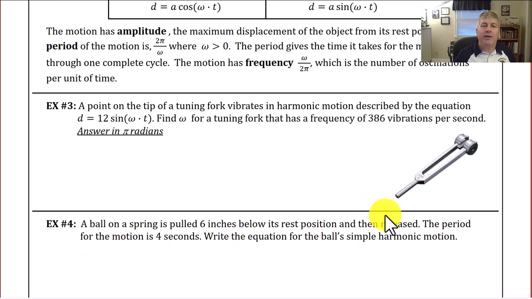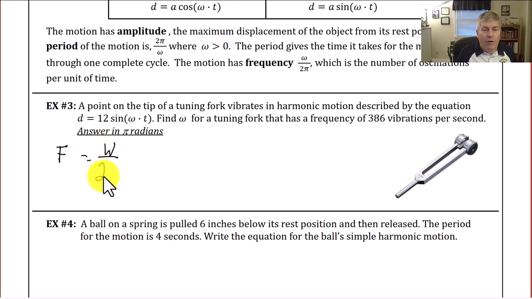So example 3 here says a point on the tip of a tuning fork vibrates in harmonic motion described by the equation d equals 12 sine omega times t. Find omega for a tuning fork that has a frequency of 386 vibrations per second. So all we want to do is find omega. Well, our frequency here